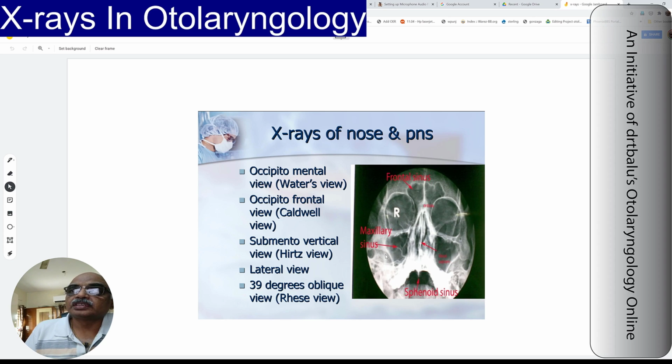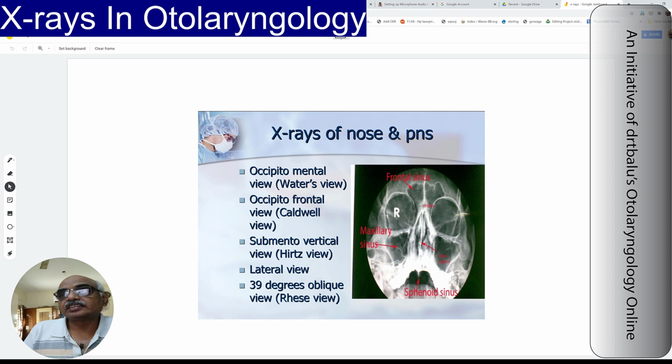left orbit. This is the maxillary sinus. You see the maxillary sinus indicated. This is the nasal septum. These are the nasal cavities. You see a prominent inferior turbinate here. I'm showing it to you with my arrow. This is a prominent inferior turbinate on the left side, and then this is the maxillary sinus on both sides,